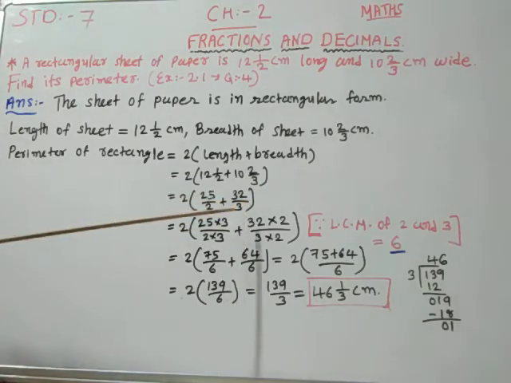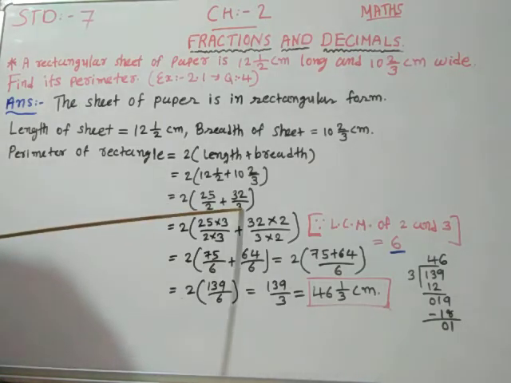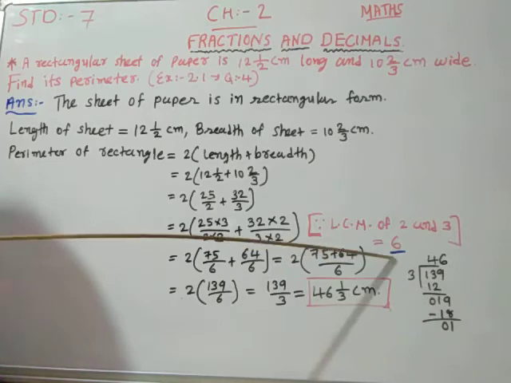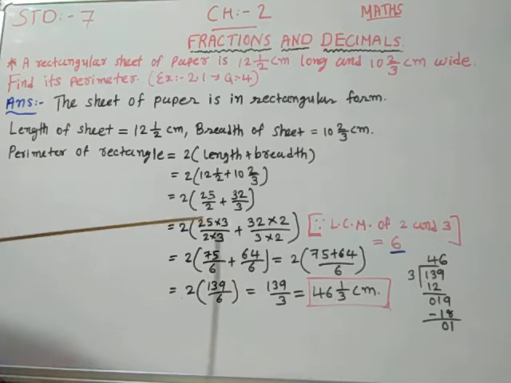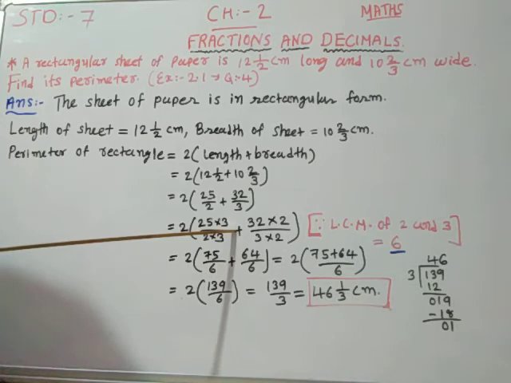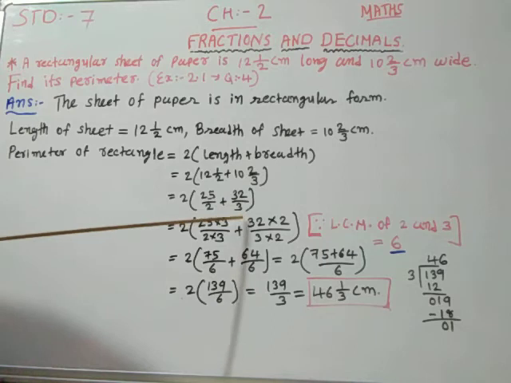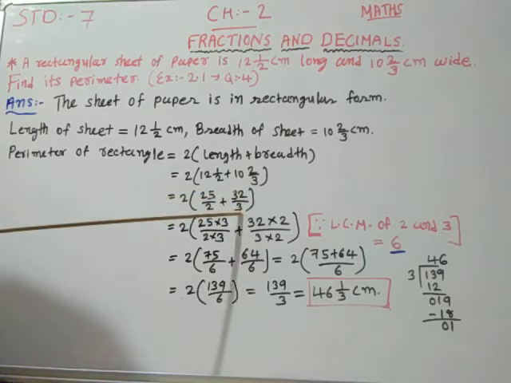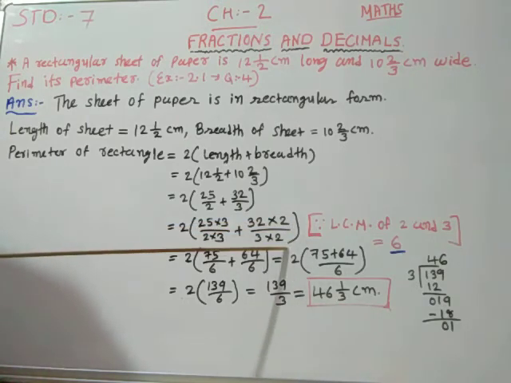Now just check it, both the denominators are different. So in the addition, first we have to make the denominator same. To make the denominator same, we have to find out the LCM of 2 and 3. LCM of 2 and 3 is 6. Now to make the denominator 6, we have to multiply both the numerator and denominator with the number 3. So here it's 25 multiply 3 and 2 multiply 3. Similarly here, to make the denominator 6, we have to multiply both numerator and denominator with the number 2. So it's 32 multiply 2, 3 multiply 2.